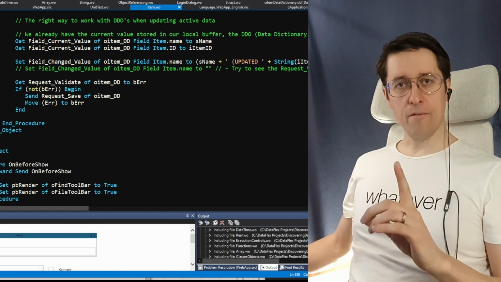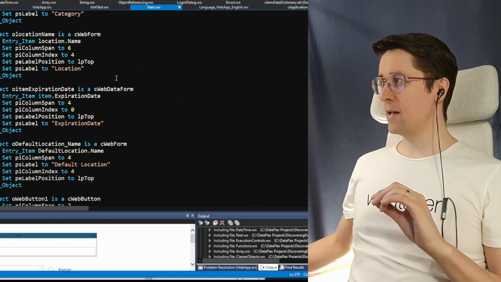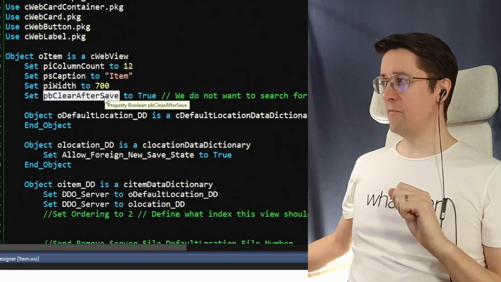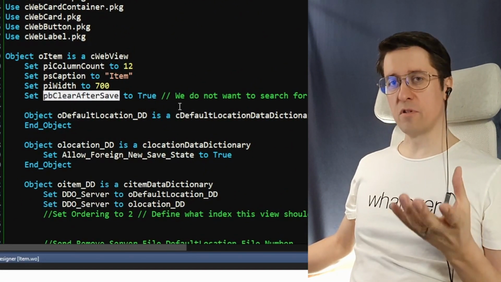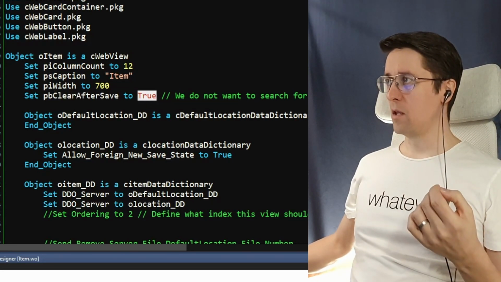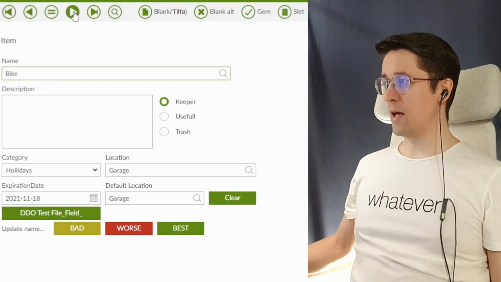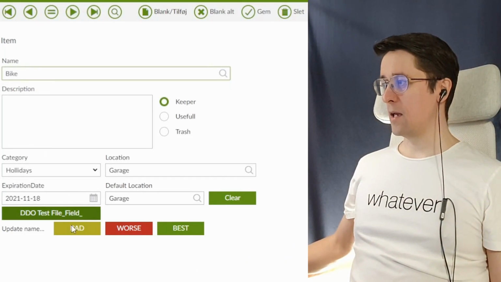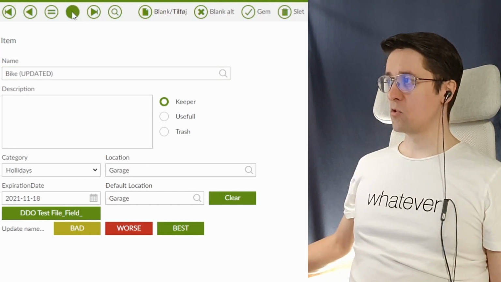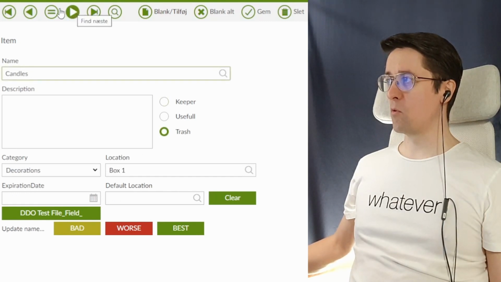Oh, and a little small feature that we want to add here as well. We have this "clear after save", and as default, it is set to true. So if I go in here and I find a value, for instance, bike, and I click bad, now it's updated. So if I go back, I have to select that. If I go forwards and back,